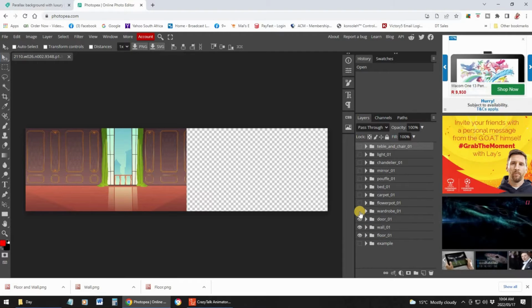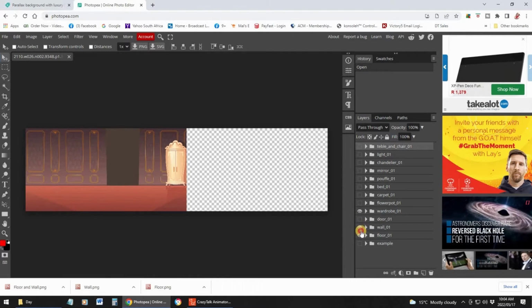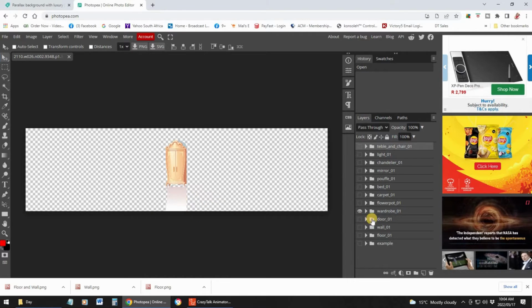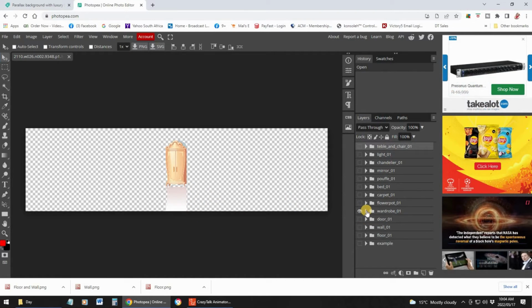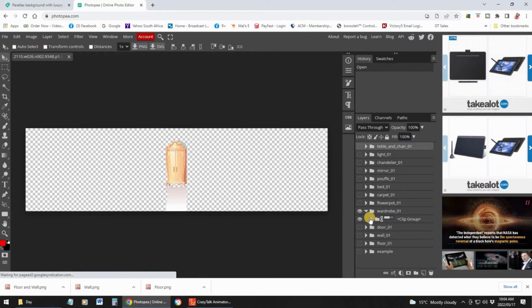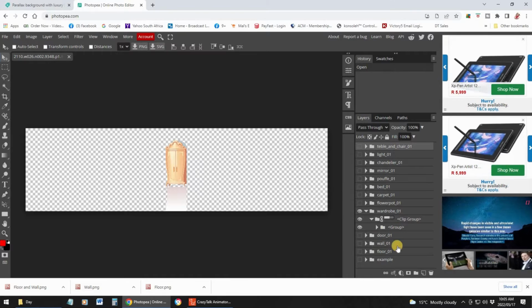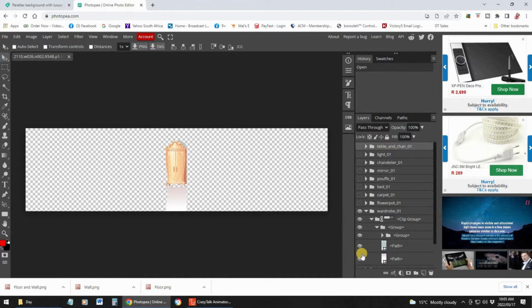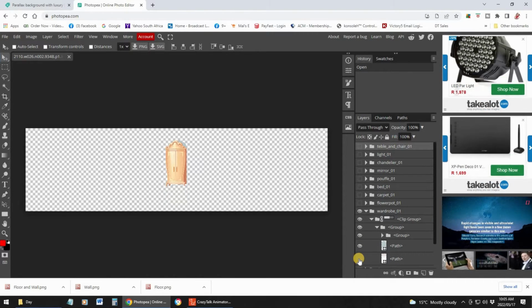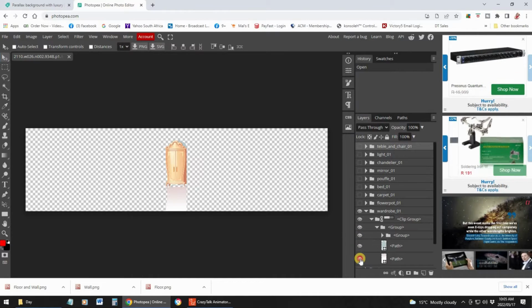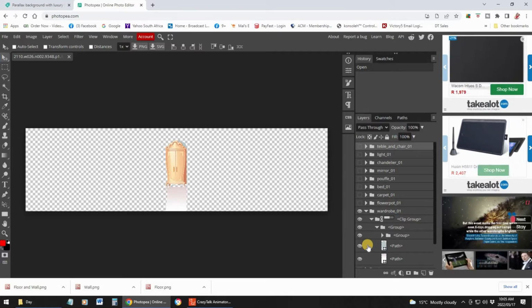Okay, so now let's go to the wardrobe. That is just one basic image, but as you can see, there is something not really looking right. So what you can do is, let's see, it is probably, yeah, it is that. Okay, so what you will need to do is, let's do this again. So let's